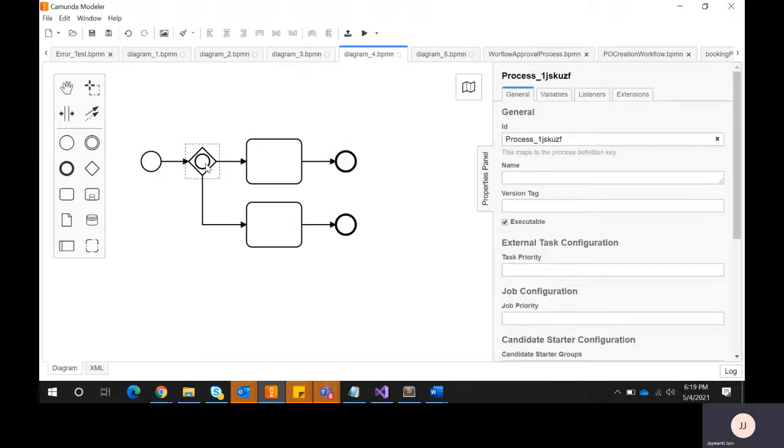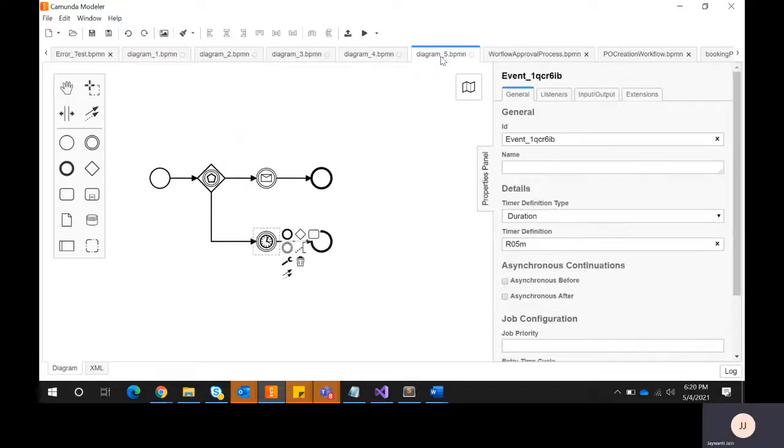Next, we have seen the inclusive gateway. You can take a reference of multiple if conditions. If this condition is true, take this path. If this condition is true, take this path. Whatever conditions are true, multiple paths will be taken and executed. Last, we have seen the event-based gateway. Event-based gateway means here we are waiting for a user to take an action, and here we have specified a time. If the user has not taken action within the time, then take this path and end the process.